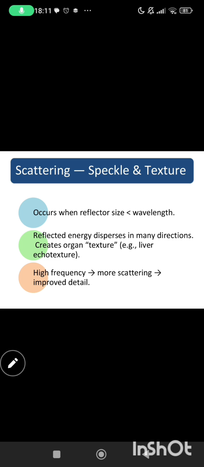This line is important. In specular reflection, the reflector size is large, like the diaphragm, as compared to the wavelength of the sound. But in scattering, the reflector size is very small as compared to the wavelength of the sound. And the smaller the reflectors and the higher the frequency, the more scattering occurs, which means better image detail, but